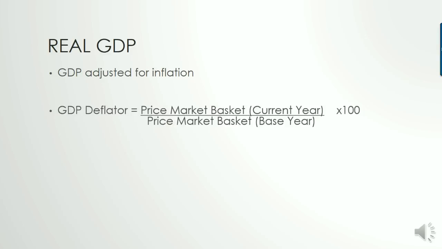So here's real GDP now. This is where it gets into the whole AP Econ thing. Real GDP is GDP that is adjusted for inflation. So how do we do this? We have a GDP deflator, which is basically equal to the price of a market basket in one year over the price of a market basket in a base year. And in case you don't know what a market basket is, it's basically a bundle of goods that the government uses to measure